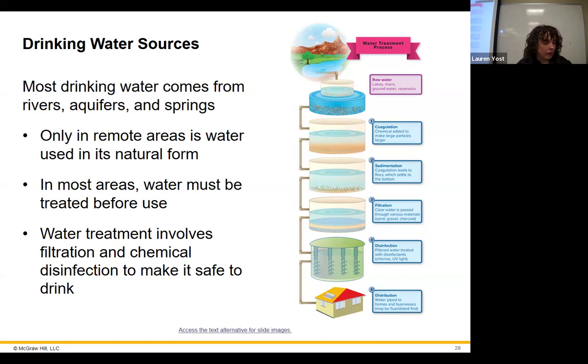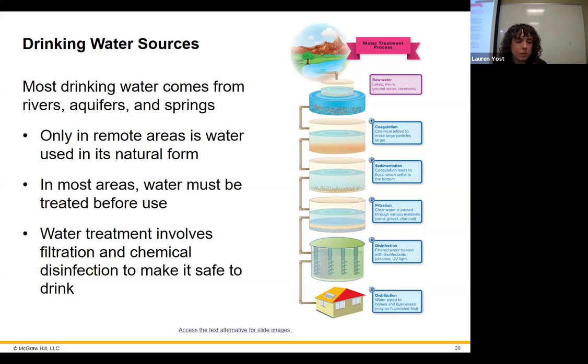We can get it from in the ground or from the surface of the spring as well. So we're going to treat our water before it gets to your house. We'll have raw water that comes from wherever. Put it through coagulation, adding in a chemical to make particles stick together, make them larger so we can allow them to settle. And then we can filter out the water from what's settled to solids.